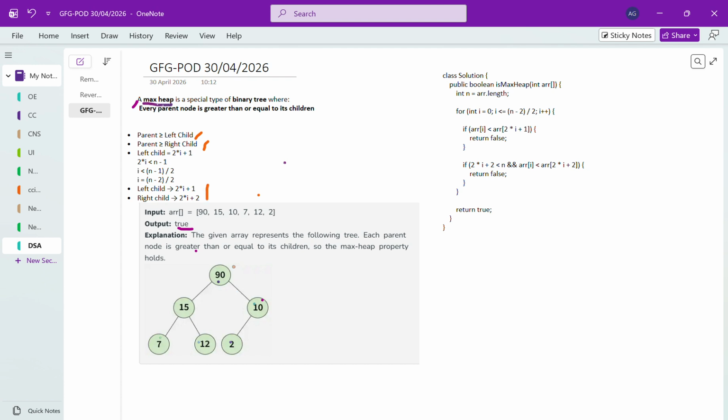Let me explain this part. See, here is your parent. So this is your i, equal to initially what? 0, right. This is your left and this is your right; this is your left and this is your right, and this is your left. For the left child, the formula is what? 2 into i, which is initially 0,